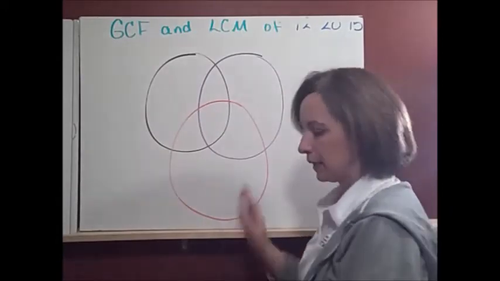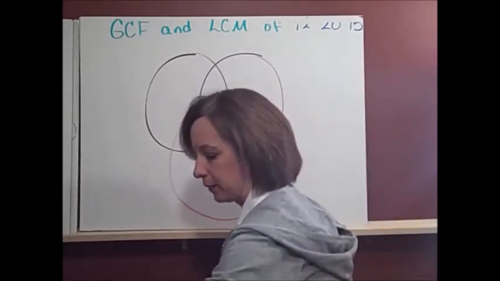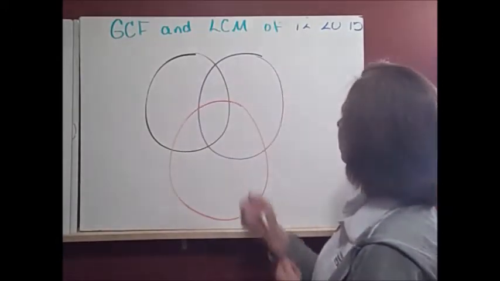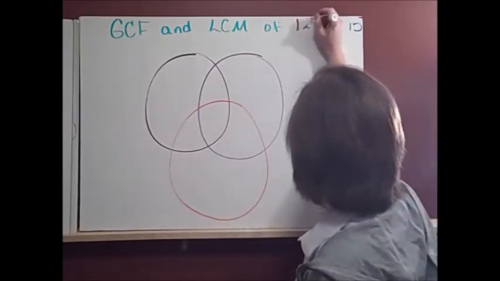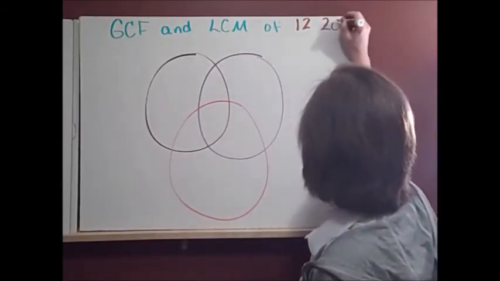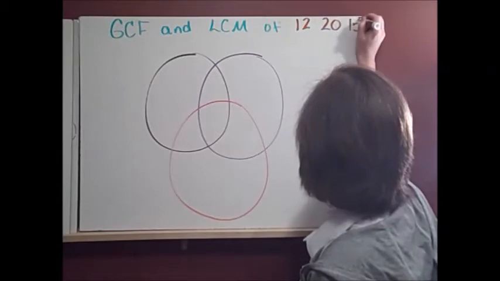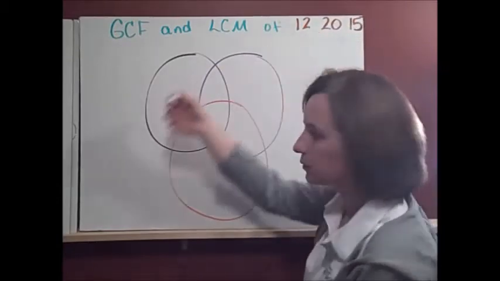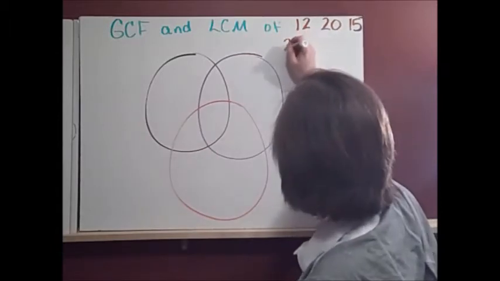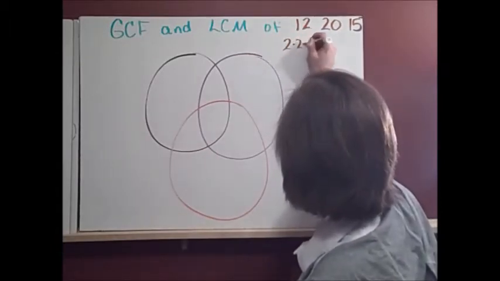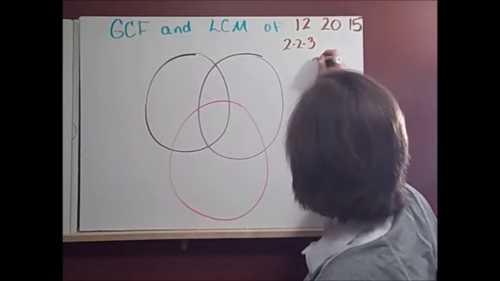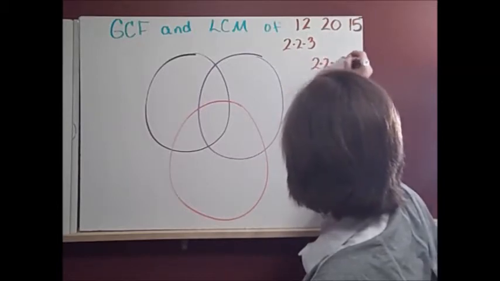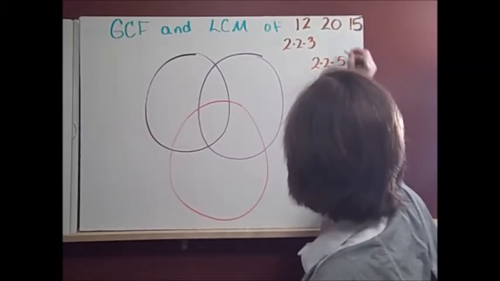So here is another triple diagram that we can check out. We are going to look for the GCF and the LCM of 12 and 20 and 15. So again, we'll start with our trees, which we just did. So I'm just going to write the prime factorization of each of these. And 20 we remembered was 2 times 2 times 5. And 15 we remembered